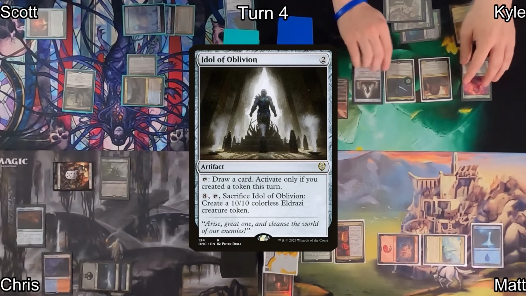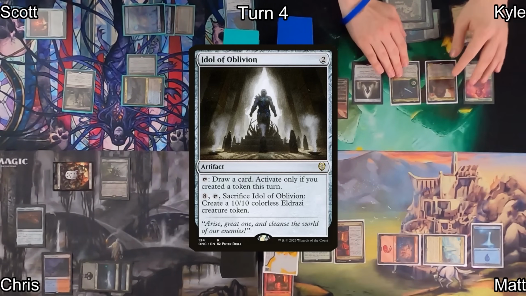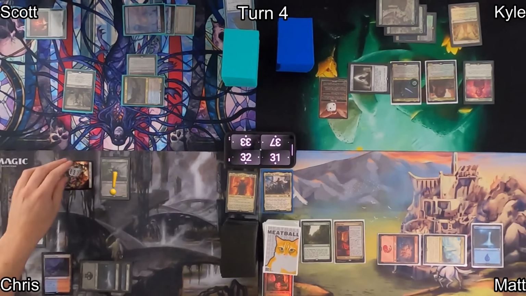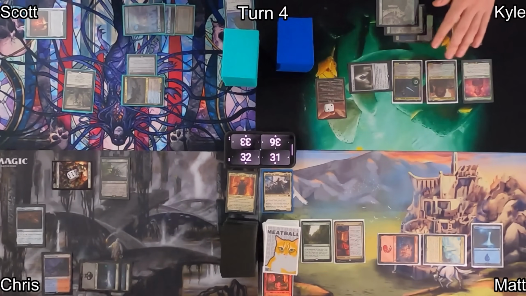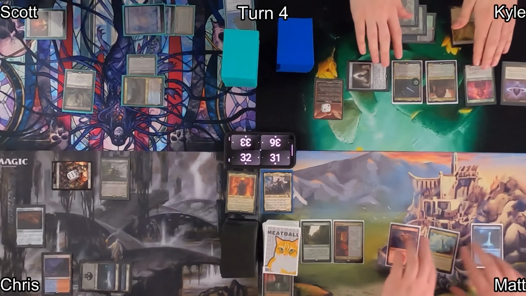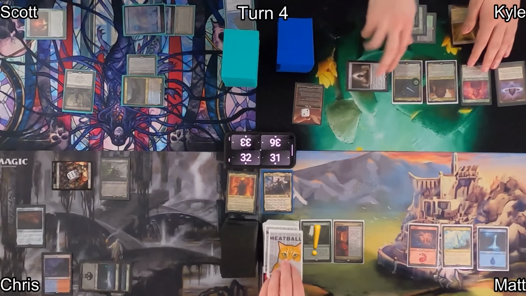On his second main phase, Kyle plays another Forest and then casts Idol of Oblivion, and this should help him keep cards in his hand. He activates it, drawing a card and triggering Chris's Orcish Bowmaster again, who decides to ping Kyle with the damage as well. He drops a Lotus Petal for free, and he passes the turn over to Matt, who on his